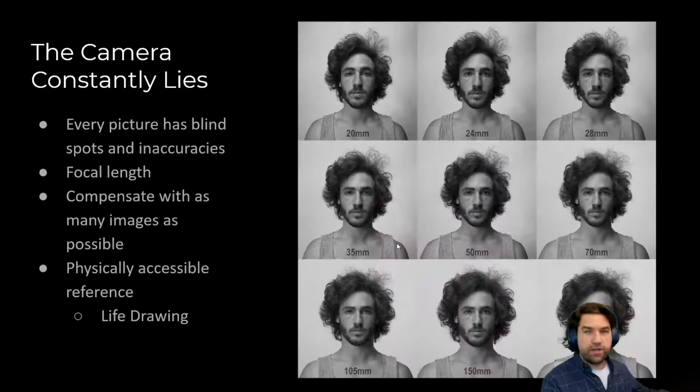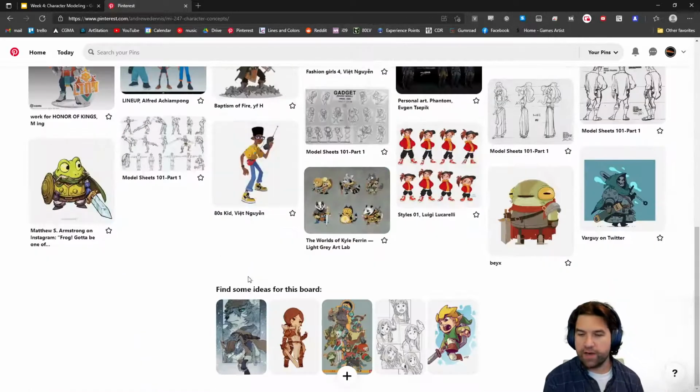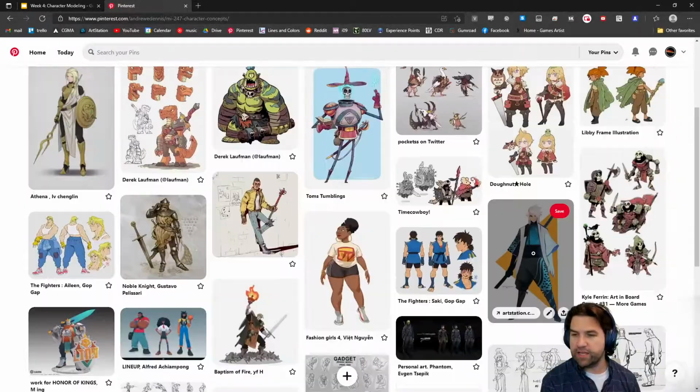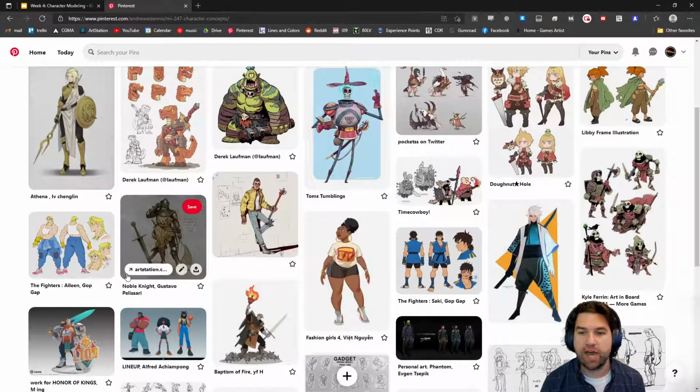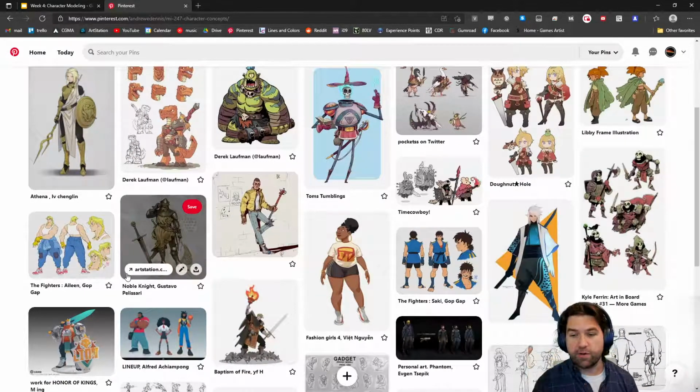So the first thing you're going to do on this project, and I'm going to load it up right now, is I made a Pinterest board for you of some different character concepts, and I'll keep adding to this, and you'll see something is in common with all of them. Two things. One, they're all bipedal, meaning they have 2 arms and 2 legs. I do this because we're going to want to texture and rig and animate these.